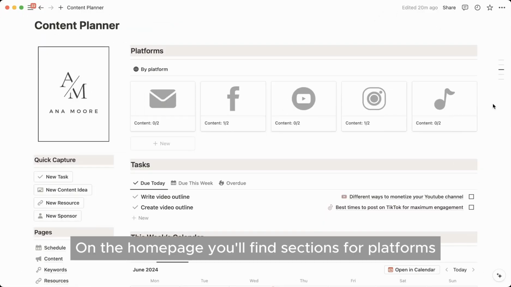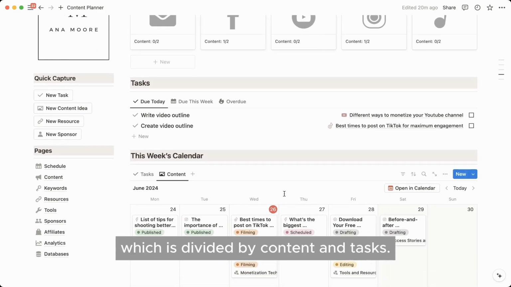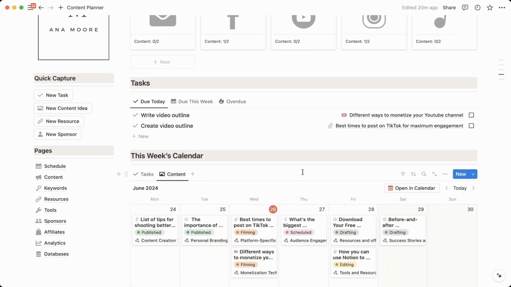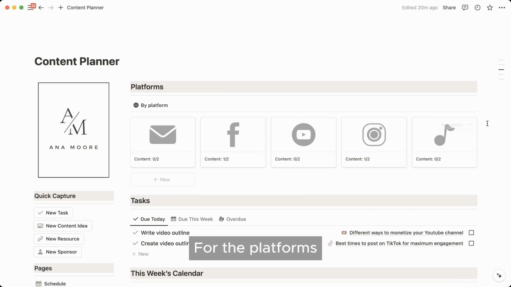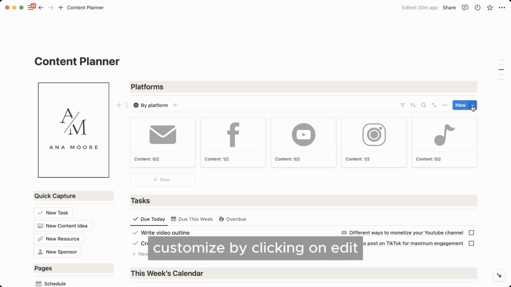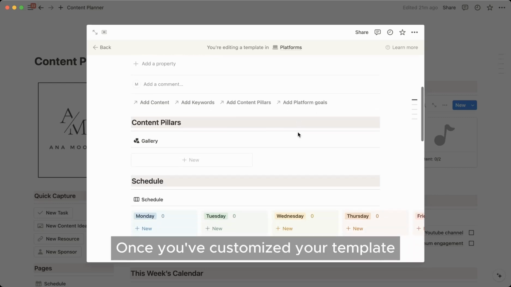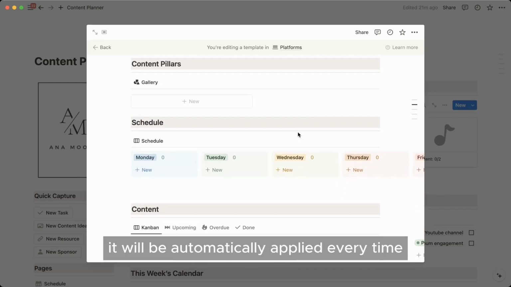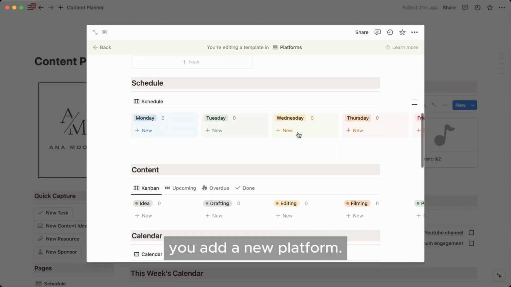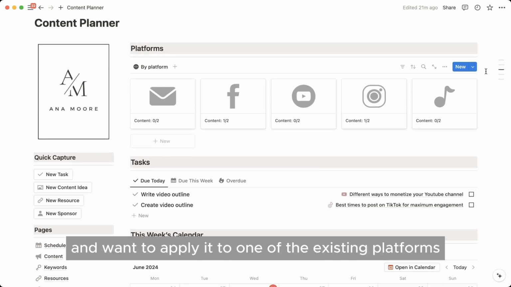On the home page, you'll find sections for platforms, tasks, and the weekly calendar, which is divided by content and tasks. For the platforms, you will find a pre-built template that you can customize by clicking on Edit and modifying any parts as needed. Once you've customized your template, it will automatically be applied every time you add a new platform. If you edit the template and want to apply it to one of the existing platforms, you simply click